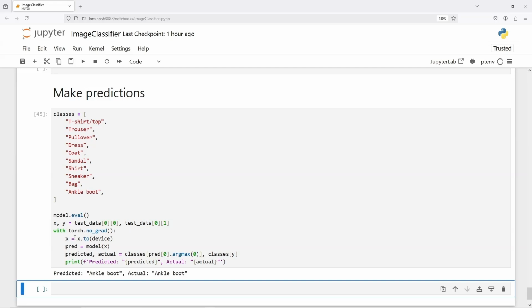We move the first test sample to device. We call the prediction using the model on this test sample X, and we calculate the predicted and actual values and print out what those labels look like. In this case, the predicted value is ankle boot, the label name, and the actual label is also ankle boot. So it so happens that the first test sample got predicted correctly just after 2 iterations of